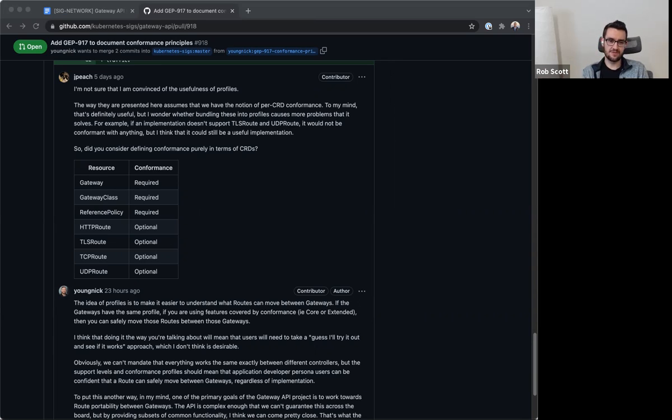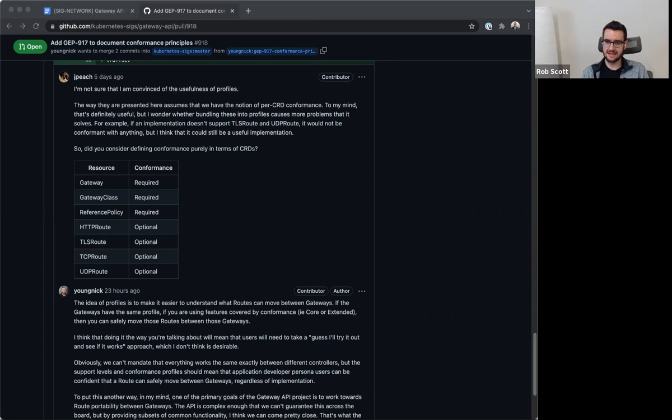So the profiles you're describing feel more like ways to categorize implementations that aren't necessarily as useful for writing conformance tests, but they're very useful for a user understanding implementations of the API and where they fall. Does that seem accurate? Yes. Cool. And does that seem valuable to you, Jeff?